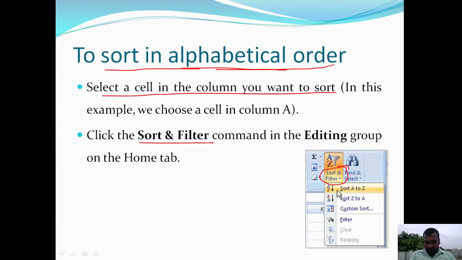This command is available in the Editing ribbon group, which is under the Home tab. All the ribbons under the Home tab are displayed directly, so you go with the Sort and Filter command available under the Editing group.